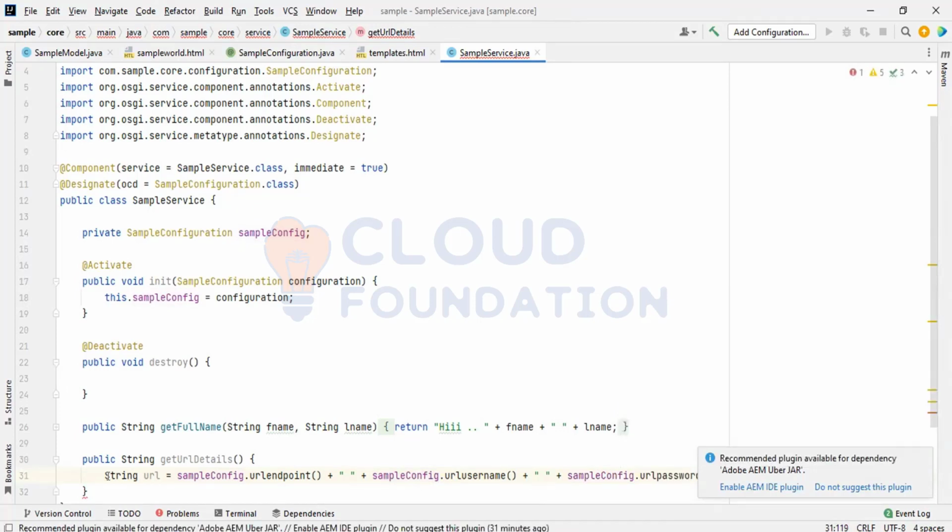Pretty simple. So here, let me say sample URL details are as,